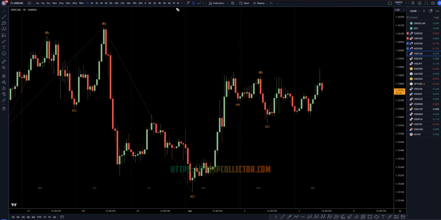The trend is definitely up on all the higher time frames, so even if it does go down, that's actually good news for me because that will give me a good chance to go long. But it very easily could just make a little pullback and just keep on going up. The trend is definitely up on all the higher time frames, and until proven otherwise, I am definitely looking for longs. Whether it makes a WXY, whether it makes some sort of a flat, doesn't really matter to me because either scenario, I definitely will be looking for longs at the end of pullbacks on these time frames until the higher time frames tell me otherwise.